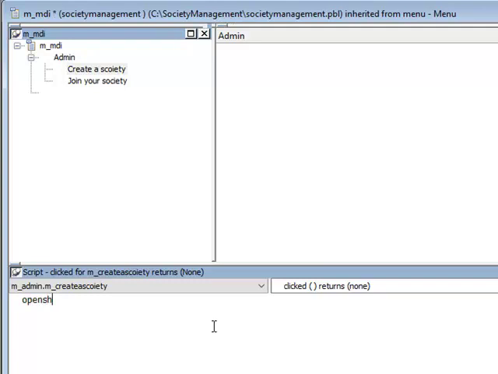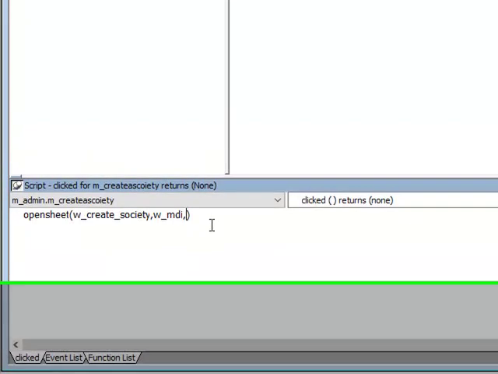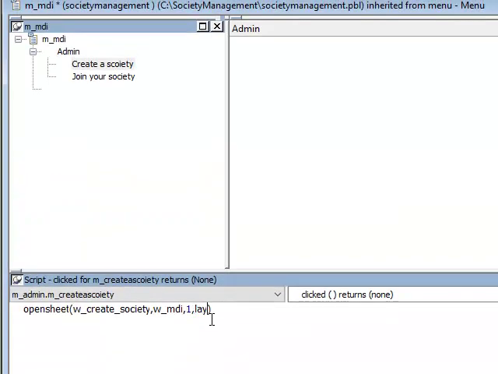So open sheet, W underscore create underscore society, okay, and W underscore MDI, and what is the syntax for this? Layered, original.